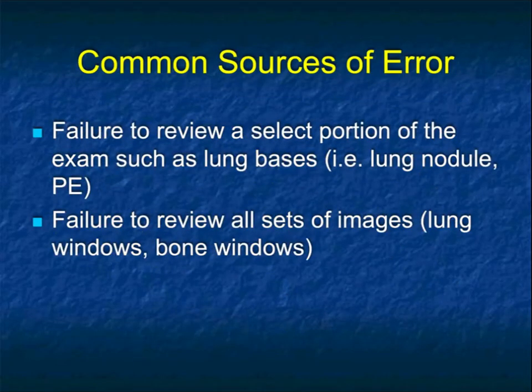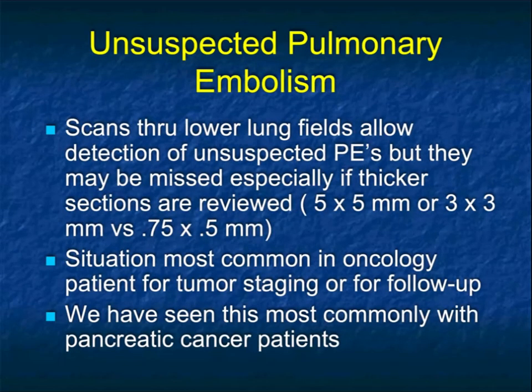point made there. Now, when we look at other common sources of error, I mentioned before that you're doing an abdominal CT, you don't look at the lung. It's this idea of you have the entire scan, you have to look at everything. So failure to select a portion of the exam, such as lung bases, or looking at bone windows, are all very common errors. And so one of them that it's particularly important that we noticed also was missed was pulmonary